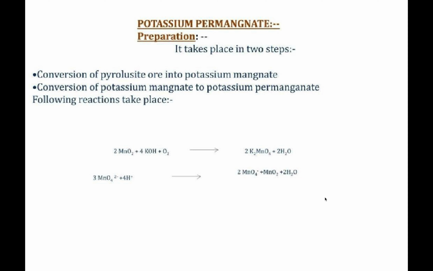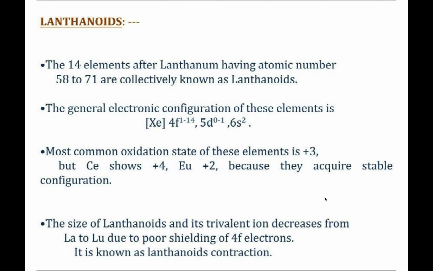And next step is the conversion of potassium manganate to potassium permanganate. So MnO4 2- plus 4 hydrogen ions gives the final product, potassium permanganate. From these steps you reach potassium permanganate, and water will be one of the side products, and you can refer to the text for the detailed equation, and just remember the steps well.